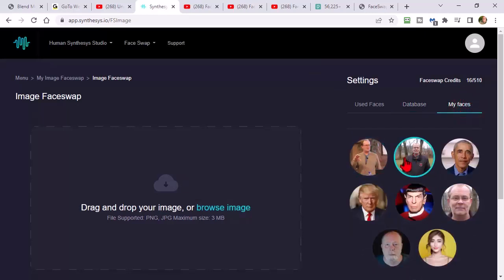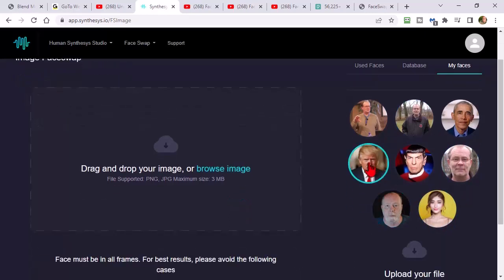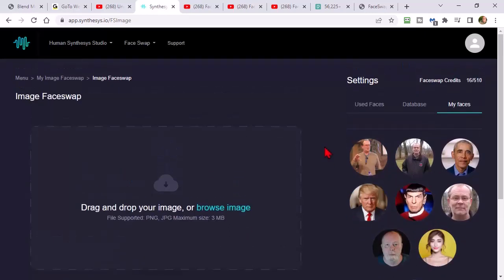So maybe yourself or a couple of you, or somebody else. But you can have 2, and I believe that you can delete as long as you don't have more than two at a time. So add your source image and then the picture of the face that you want to swap in.